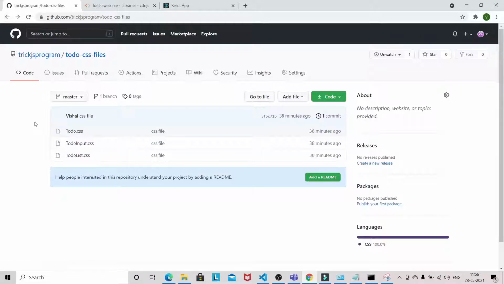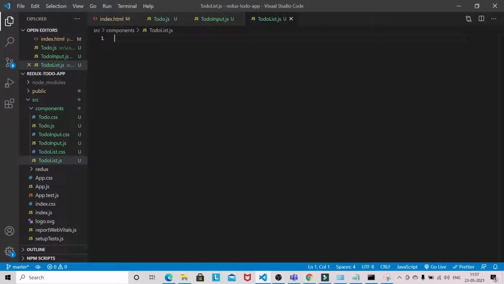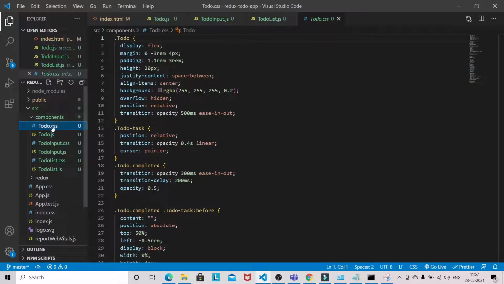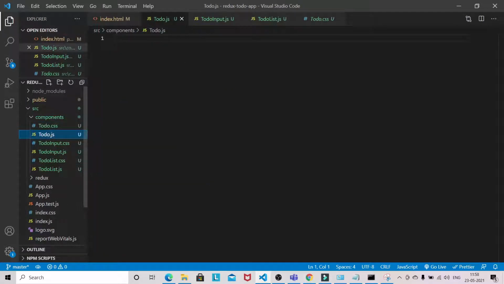So just download from this link and paste it into the components folder. I have already done that. As you can see, I have all three CSS files in my components directory. I will also show you if you want to copy, while building these components.